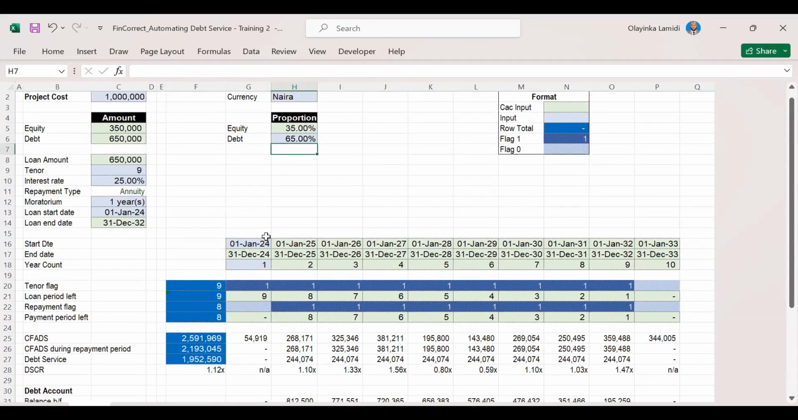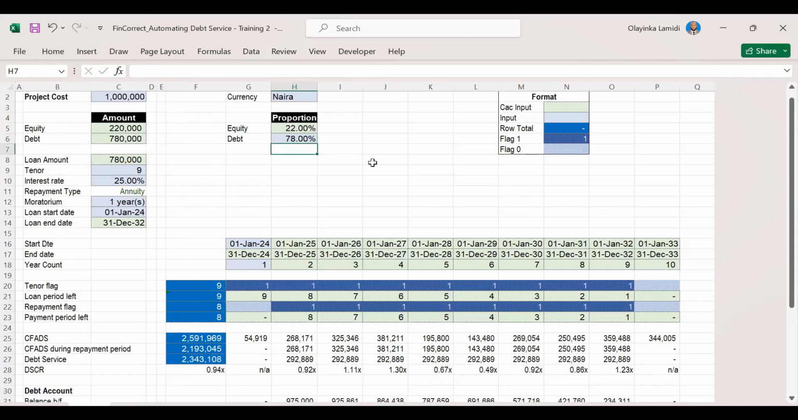I've adjusted the loan amount to 65%, and the equity proportion has reduced to 35%. Now you can see the impact on my DSCR, which is 1.12. That means my cash flow can only cover my debt service by 1.12x. If I increase this to, say, 70%, you see the impact: my cash flow can cover 1.04x of my debt service. And if I increase this a bit more to 78%,